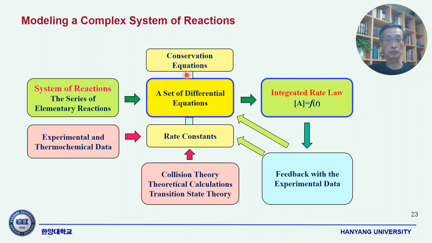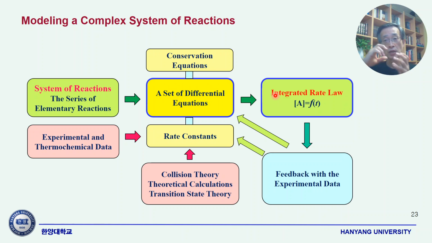So assuming these are done, then we are going to solve this. First we solve this in an analytical way, or then we use, which is much more versatile, some software or numerical way. Solve this set of differential equations, and then we'll have a set of integrated rate laws,